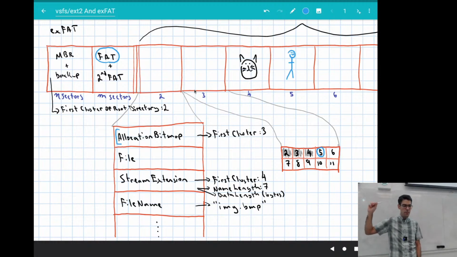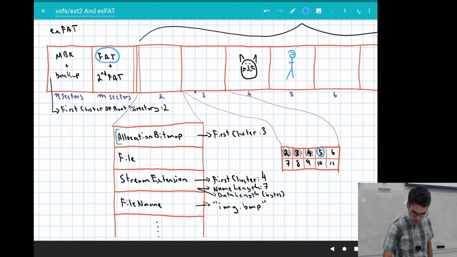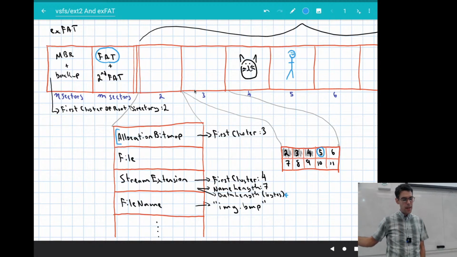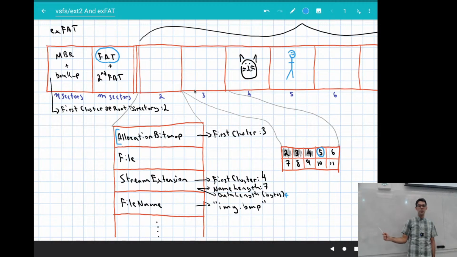Then I'm going to need to make changes to the stream extension for this thing, because the stream extension tells me how many bytes are in this file. And then I'm going to actually have to write the data out. I'm going to have to add the data for the cluster for this new picture of me amended to this picture of my cat Walter. So writing the FAT, then writing the allocation bitmap, then writing the stream extension, then writing the data section for this, actually writing out the cluster here. These are going to be at least 4 separate operations that we're going to need to make to represent the changes to our file in this file system.